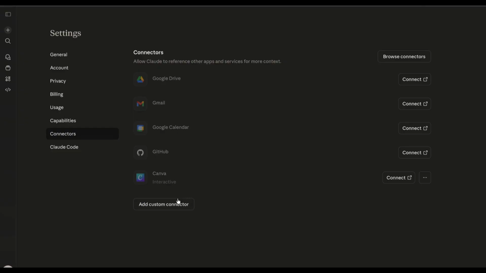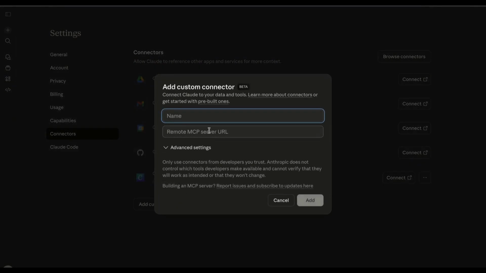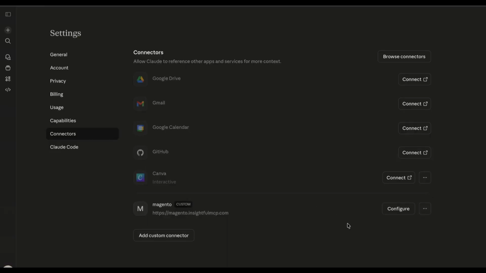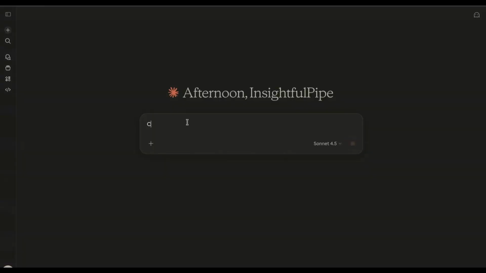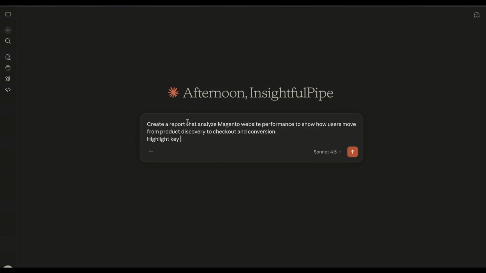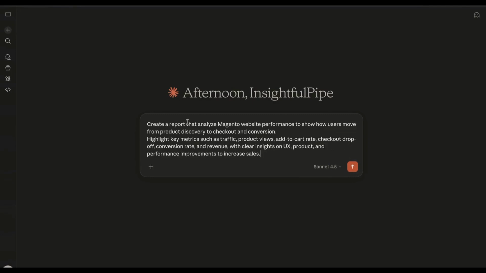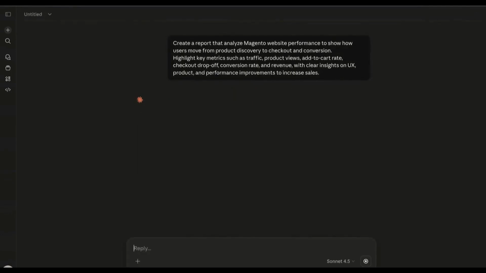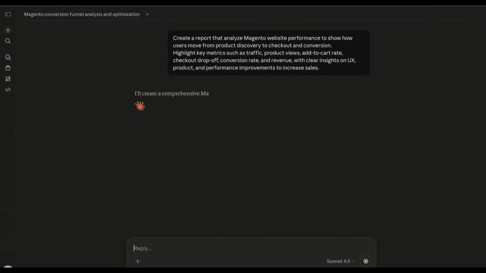In Claude settings, go to Connectors, click Add Custom Connector, enter a name and paste the MCP server URL. Click Add, then Connect. Start a new chat and ask Claude to analyze your Magento website's performance, covering metrics like traffic, conversion, and revenue. Claude uses the MCP integration to pull real data directly from your Magento store, querying orders,